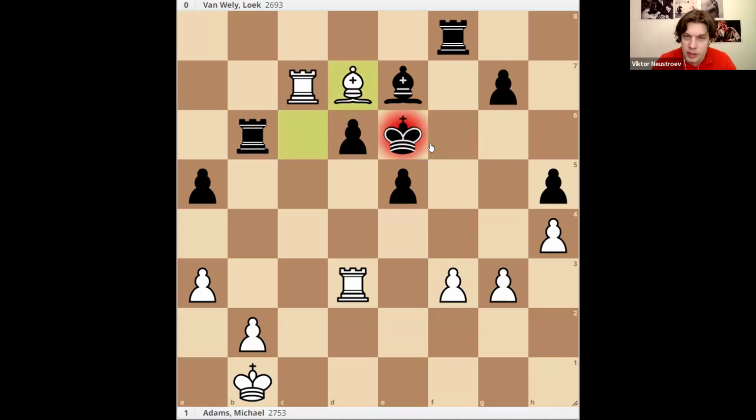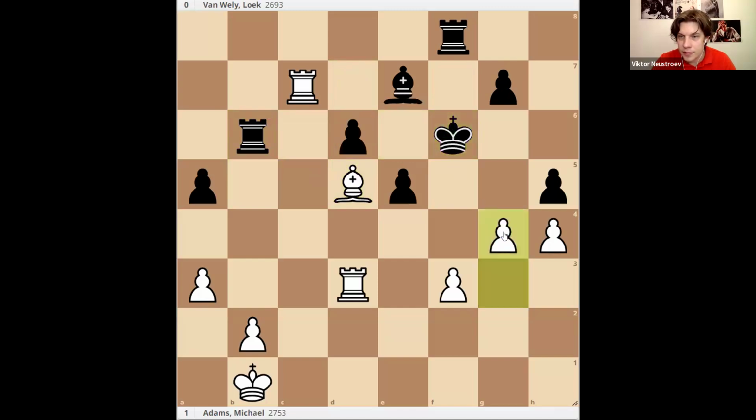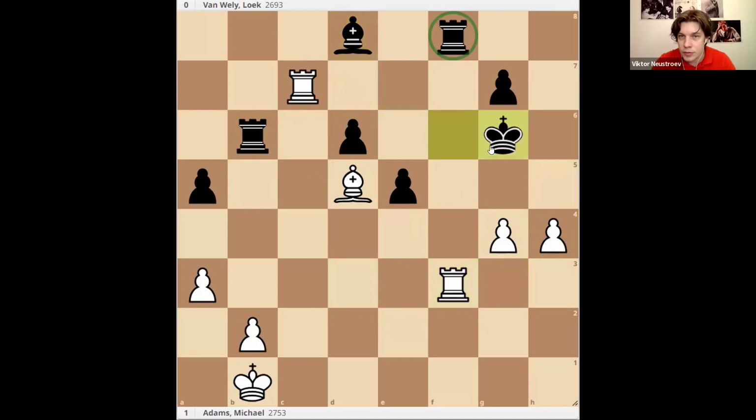Okay, instead of bishop d7, there is bishop d5, better because it covers the f7 square too. So the king can only have one square to defend this bishop. And then g4. So now g5 becomes a threat. So they take, and what can they do then? So for example, if they decide to move this bishop, then it's simply rook f8, and then it's over. So rook f3. This rook is hanging, so the king has to go to g6.